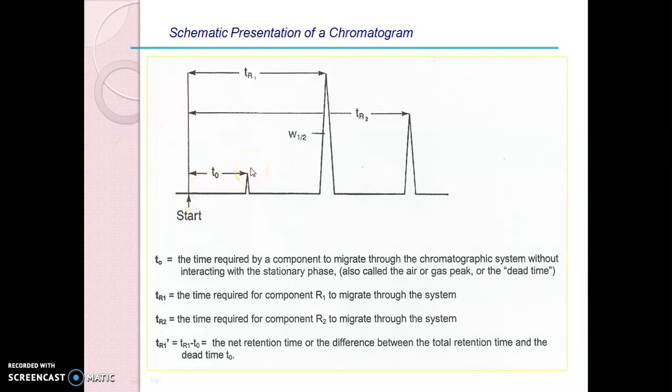Here is generally the type of spectrum we get in HPLC. Here T0 is called the gas peak or dead time, TR1 is the retention time of the first analyte, and TR2 is the retention time of the second analyte or component. So T0 is the time required by a component to migrate through a chromatographic system without interacting